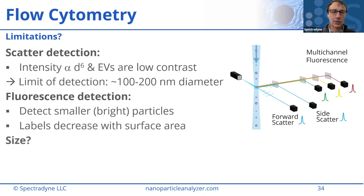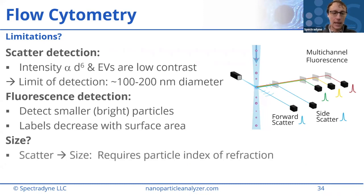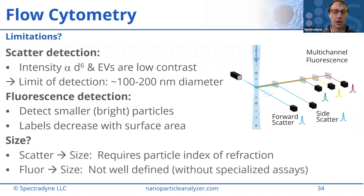And then there's a question, what about size? So to get the size information, we need to use the scattered light. And in this case, we need to also assume the particle index of refraction. So that's a key assumption that starts to break down for heterogeneous samples where there are particles of different index contrasts in the sample, and so you're not quite clear what you're measuring. It's possible to correlate the fluorescence amplitude with size, and I know